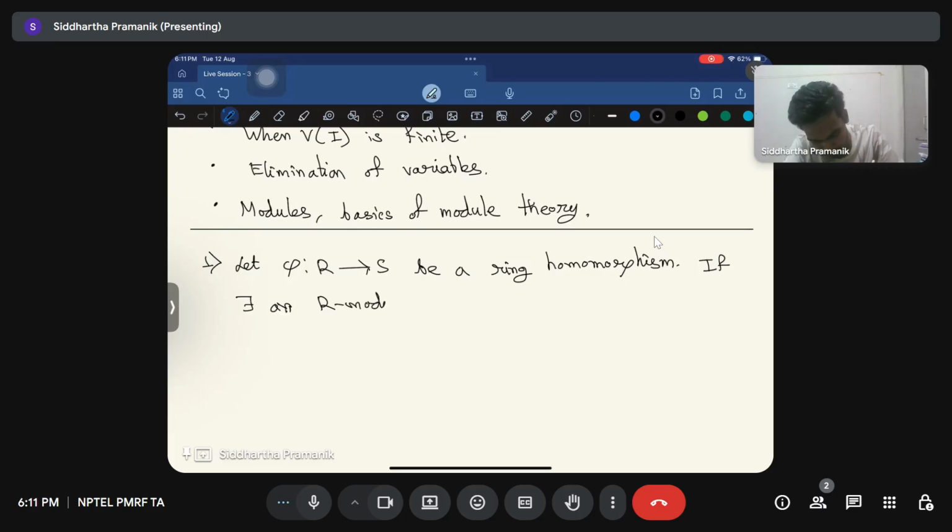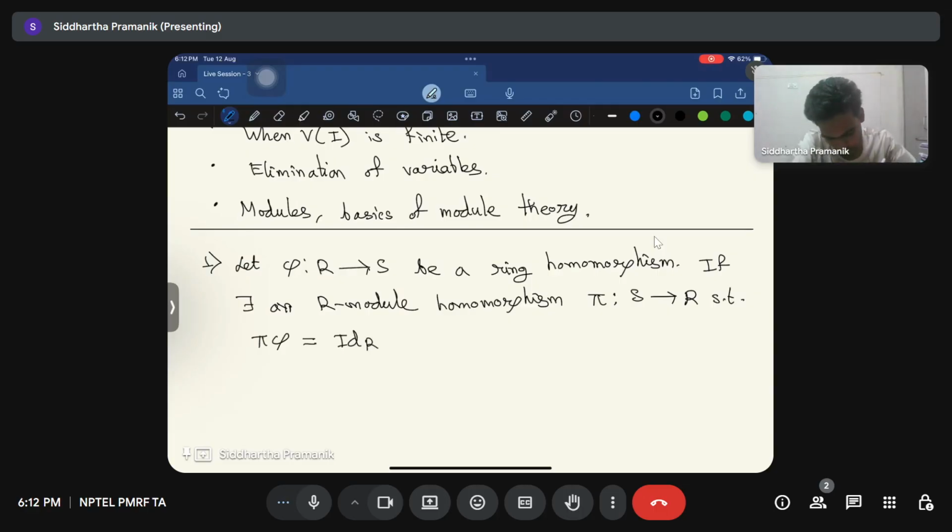module homomorphism. So phi from R to S is a ring homomorphism. That means S is an R module. So both are R modules, so we can talk about module homomorphisms between them. So if there exists an R module homomorphism, let's say pi from S to R, such that pi composed with phi is equal to the identity map on R. Okay, then